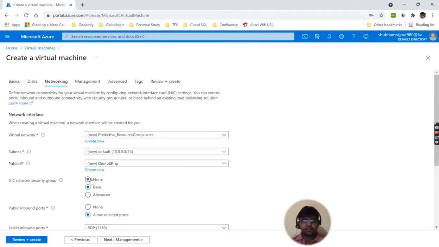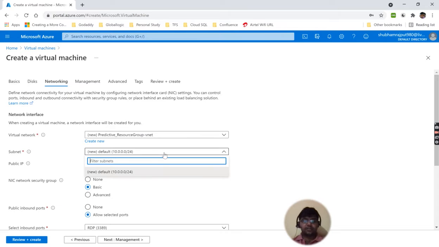Now on networking, basically if you know the virtual network, it automatically creates a new resource group for the networks. Basically, I can create multiple virtual machines on my network. For communicating on this network, I have to provide a way or an IP address to them.